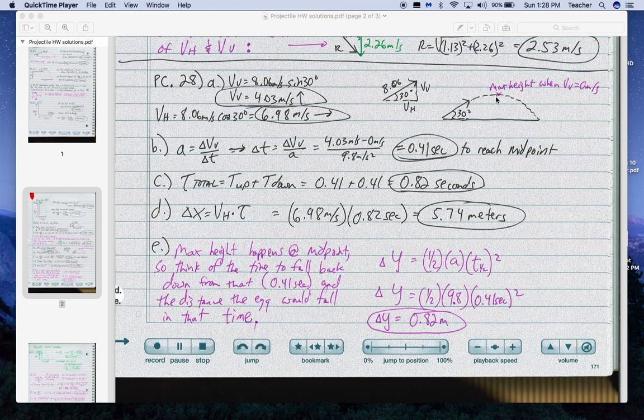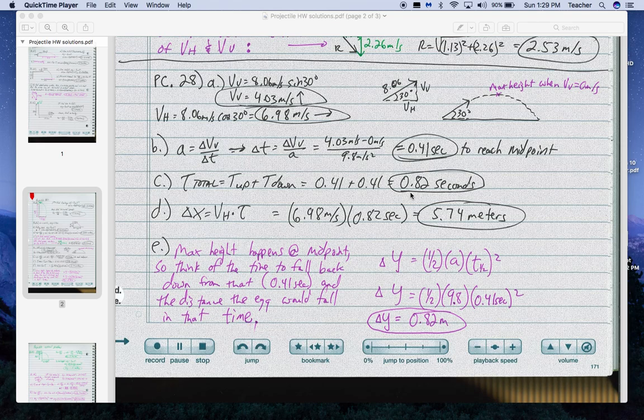Next, it's asking you to find the time to the midpoint. And I mentioned in class that I like thinking about projectiles in the first half or the second half of the problem, either way. So the vertical velocity starts at 4.03 meters per second. At the maximum height, though, the vertical velocity is 0 meters per second. And since we know the consistent rate at which vertical velocity changes, 9.8 meters per second every second, we can use this version of a formula we've already used for linear motion and figure out the time interval: change in vertical velocity over acceleration. That's about 0.41 seconds to reach the midpoint, and then the total time up and down would be double that,